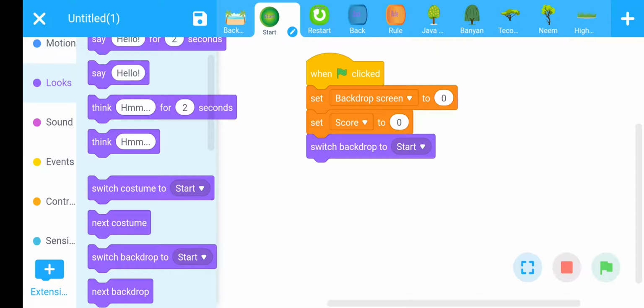Here you have considered the backdrop as a blank screen where you can add 7 screens, meaning start, rule, game over, and 4 landscapes. Okay, here first we have added the start screen. When you click on the flag, your game will start with the start screen.